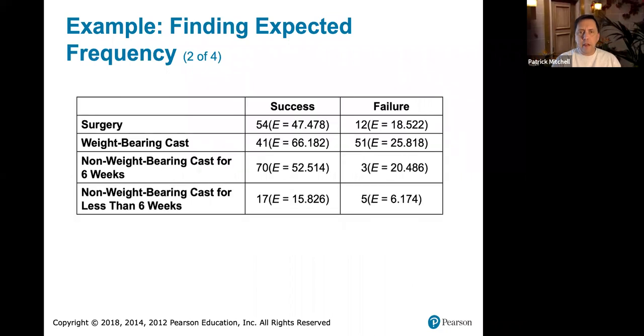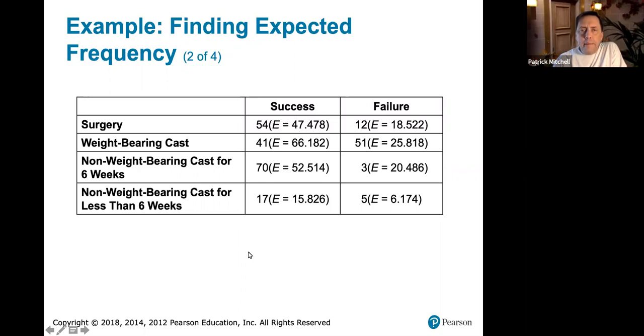Now you'll see right away that they've gone ahead and given me the answer. But I do want to show you how they got that number, so we'll do that in a second. We'll just look this over. I'm going to use Excel to show you how you can come up with all of these numbers, because in the next example, we're going to conduct the hypothesis test, testing the claim that the chances of success or failure are independent of the type of treatment used. So in that case, we will need all of these numbers. But for this example, they're just asking about the